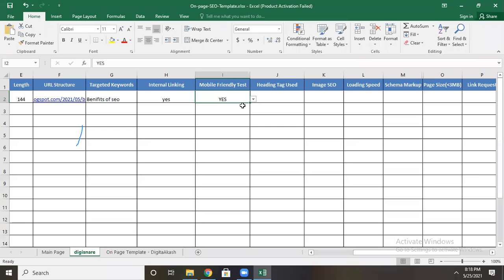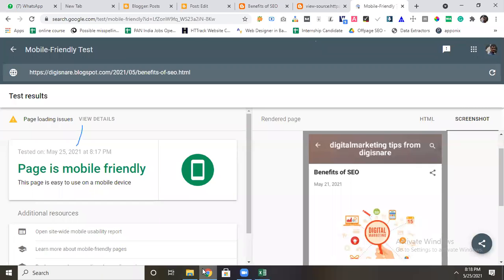Actually, if it is not mobile friendly, it will be worked on by a designer or developer. It is not your job role to make your web page mobile friendly. Your job role is just to check if it is there or not, because Google gives priority for that also. That is one of the ranking factors. Whatever I am telling, each and every factor is important for your SEO. If your website has to be ranked, you have to follow them. I can say it is like a checklist.